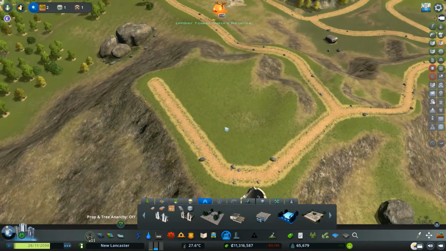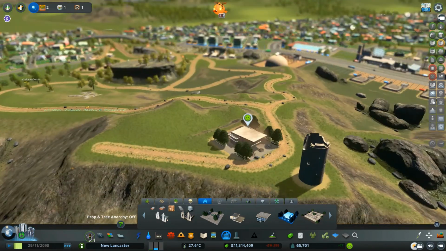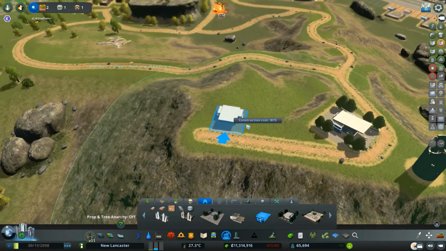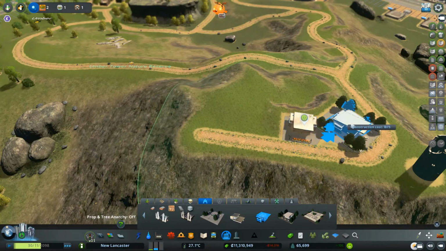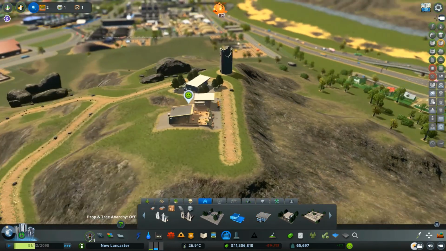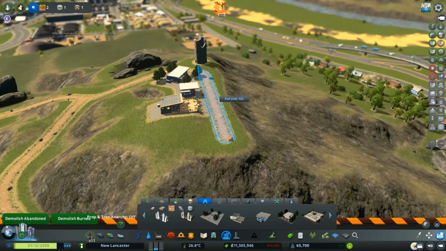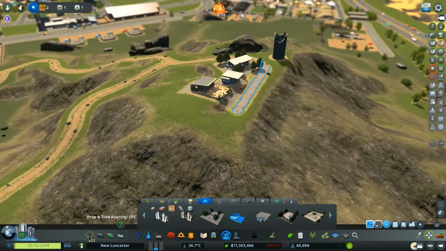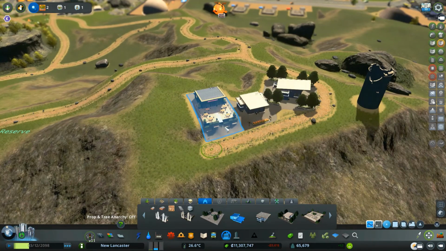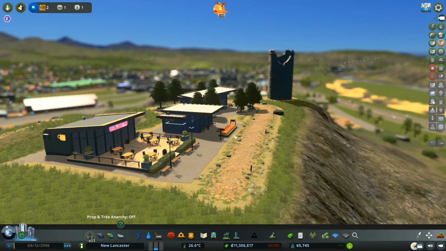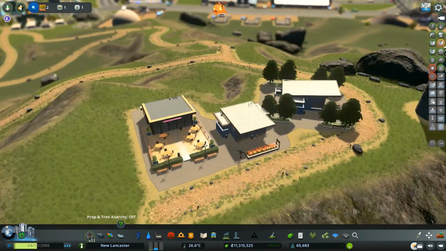So how about put this like that, and we'll get a restroom, and a cafe. Alright, I'm just going to use move it then instead, so I don't want to just delete the whole thing. I don't have to go out that far. Alright, that's a pretty cool little area.